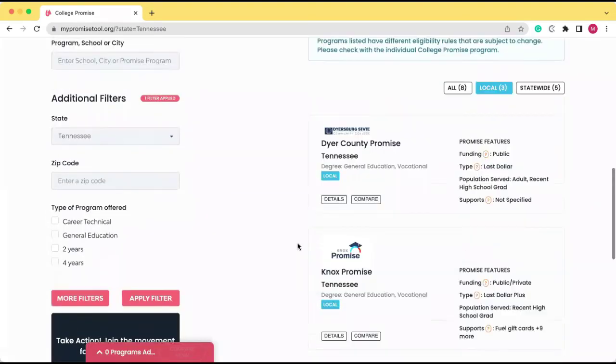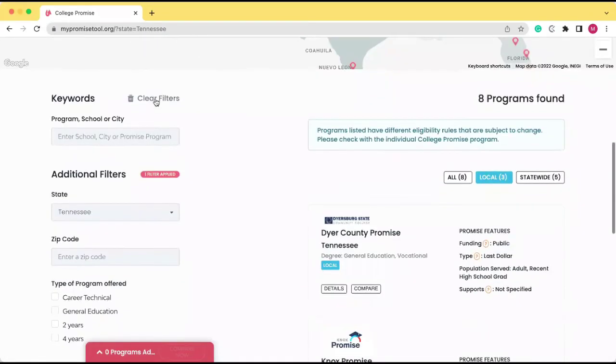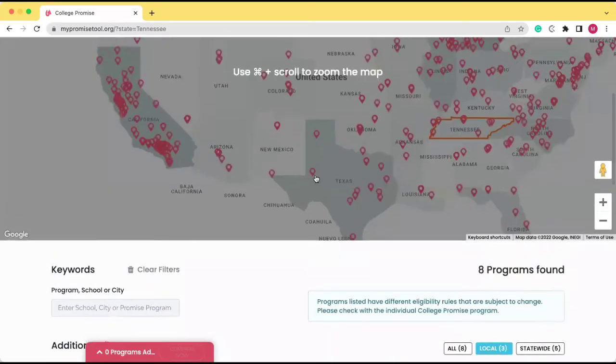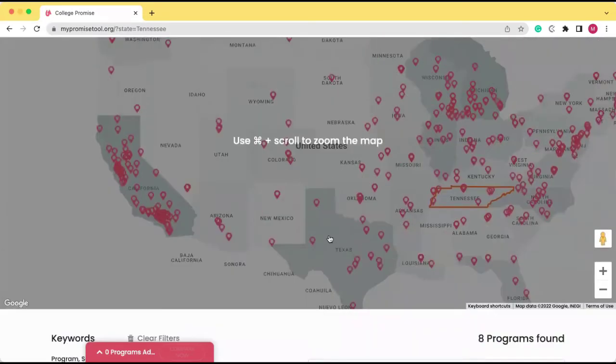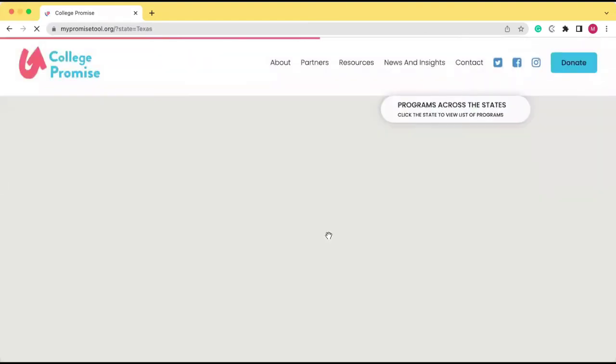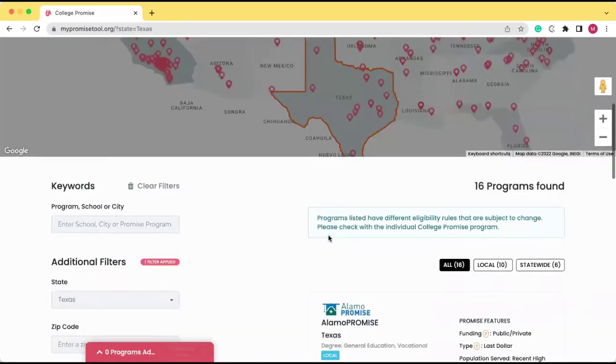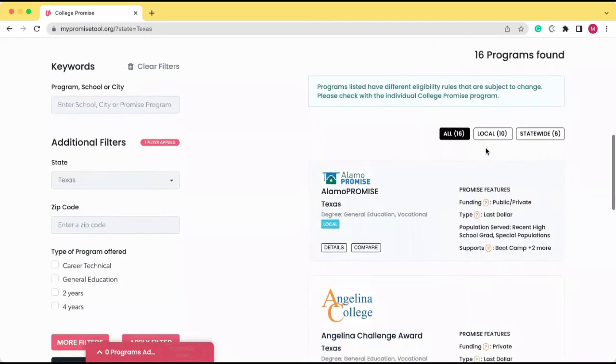So I'm going to go back. And now, since I'd like to move forward to the comparison tool, I'm going to make sure all of my filters are clear. And I'm going to go back to Texas and take a look at the different local programs.